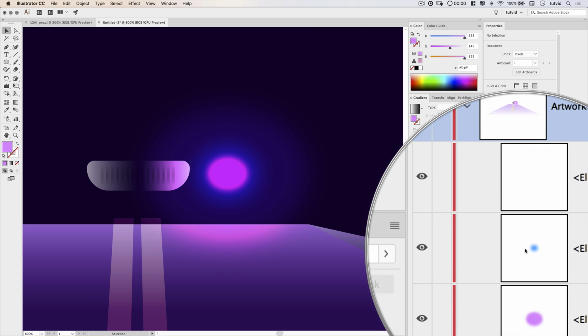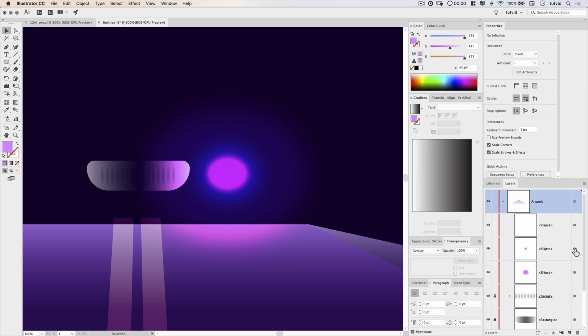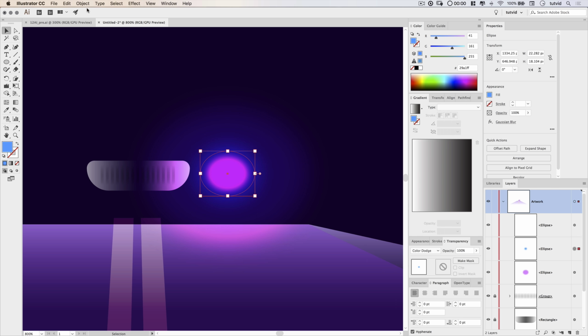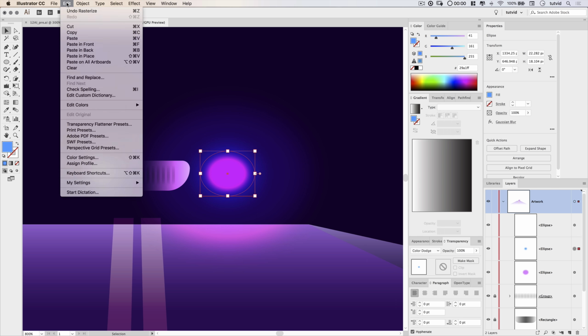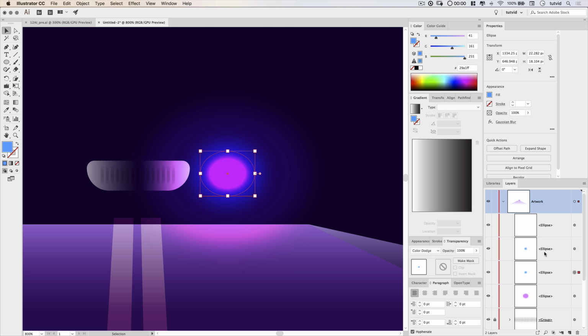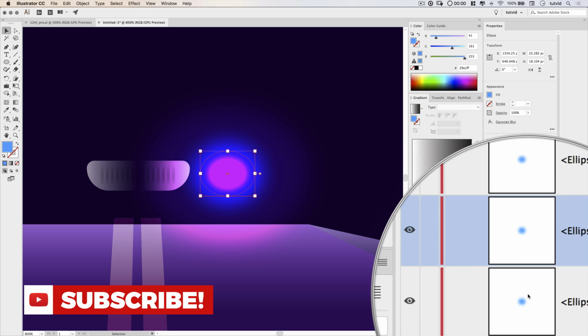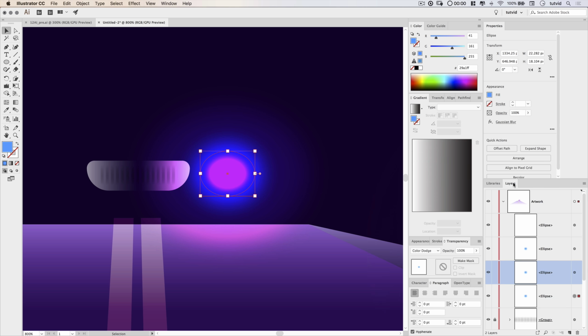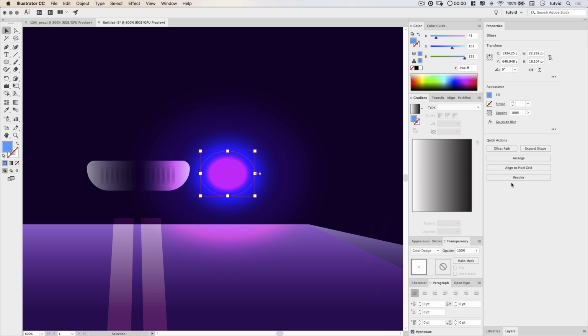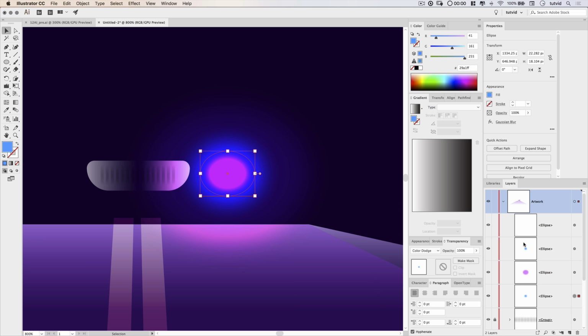Okay, let's select the blue shape this time right here, the blue ellipse that we created, the blurred blue ellipse. We're going to duplicate that, Edit, Copy, and choose Edit, Paste in Back. Now this is only going to paste it right behind the blue shape, so we want to manually drag it down beneath the pink ellipse. And you can see Illustrator does not always update the Layers panel. It seems to be just a glitchy thing in Illustrator right now. If this happens to you, you can just double-click on your Layers panel to close it, double-click to open it, and it should refresh everything, and you should be good to go.